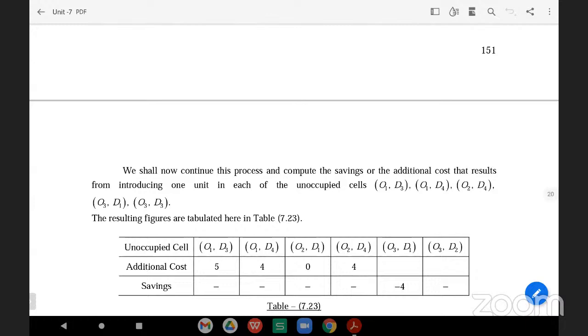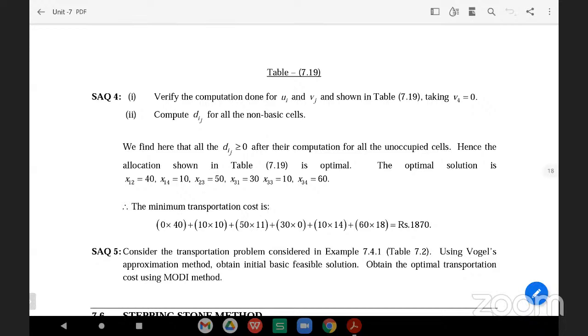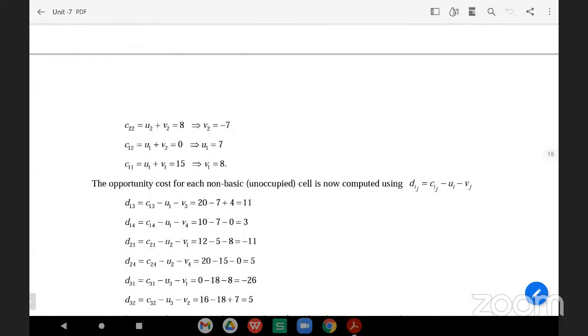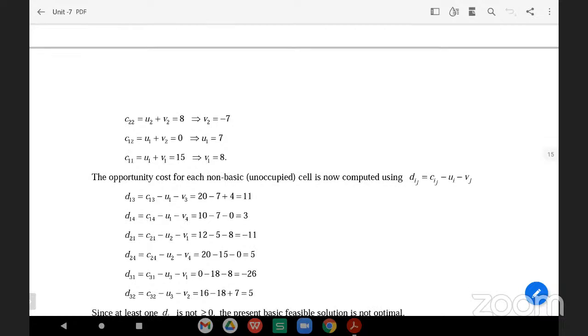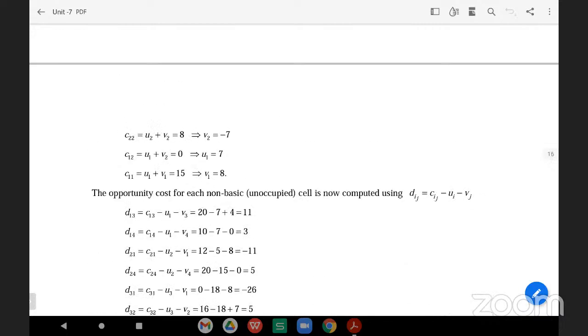This unit is the most important and easy unit. We can expect one long question and two short questions from here. Particularly, be ready for the initial feasible solution methods, because in the end examination we can see direct questions in the question paper. In a transportation problem, it is either the Modi method, or the initial basic feasible solutions. On the initial basic feasible solutions, we can go for the Modi method,